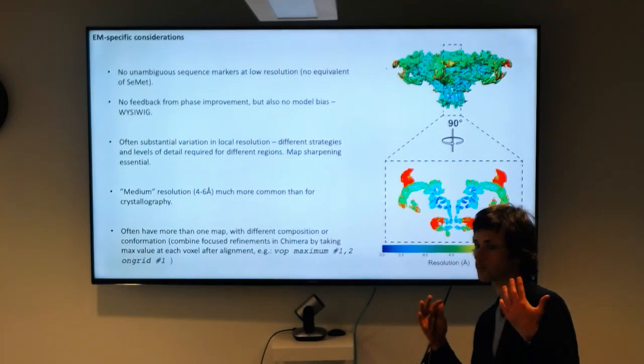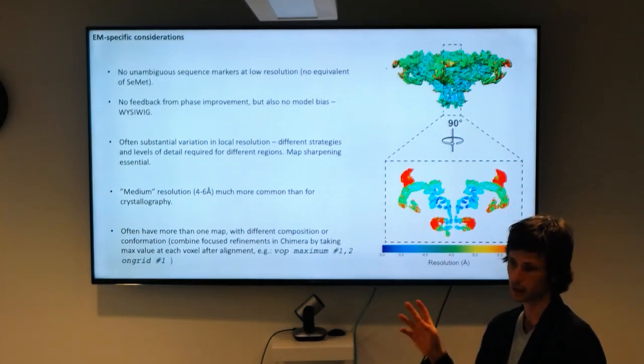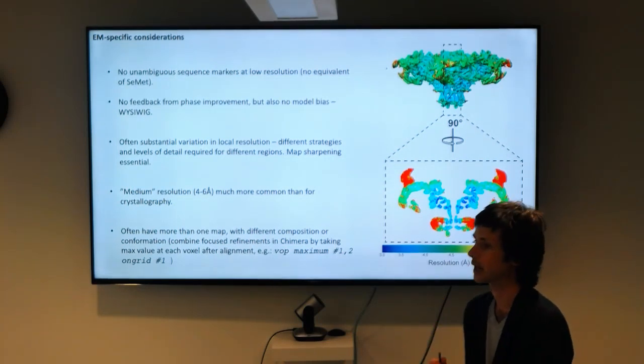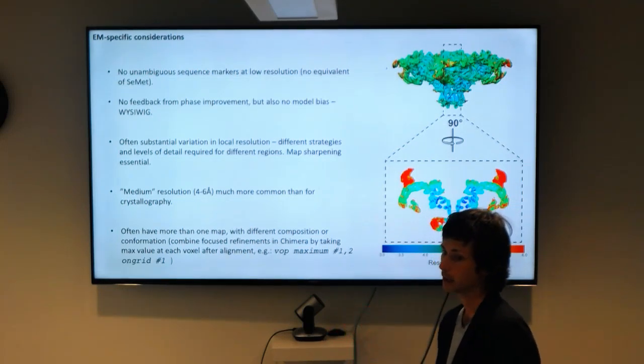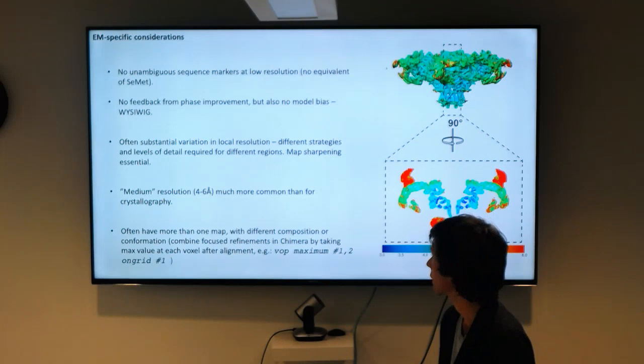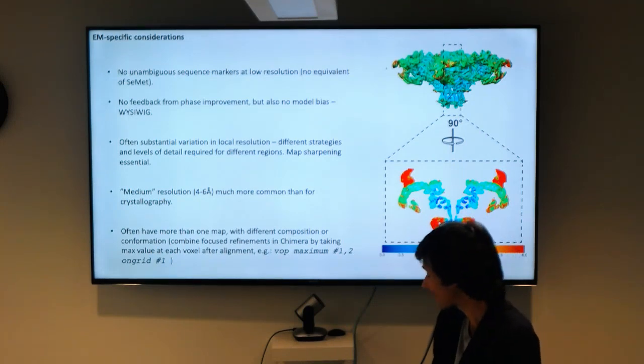If you filter your map to 7 angstroms, you can see it clearly, but you can't build an atomic model de novo into it. Whereas another region of the same map might be at 3 angstroms. That's not uncommon at all. And the other